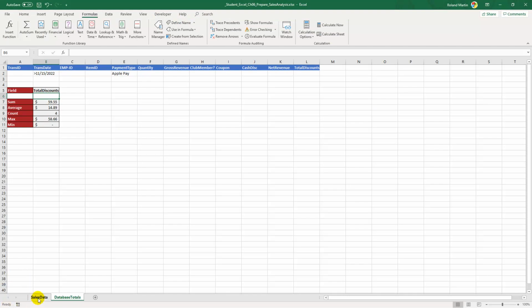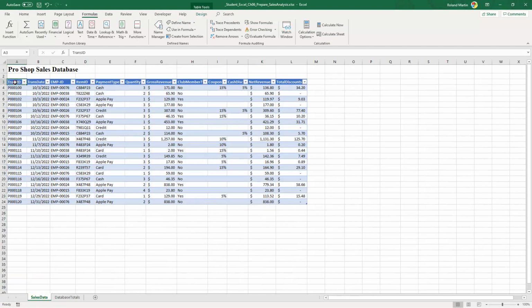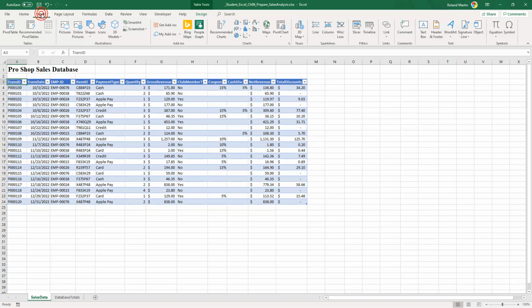Make sure we switch back over to our sales data, and I'm just going to click here to make sure it knows where I'm at. And then, just like it told us, we're going to go to our insert tab, and we'll see here in our tables group, recommended pivot tables. Click that,